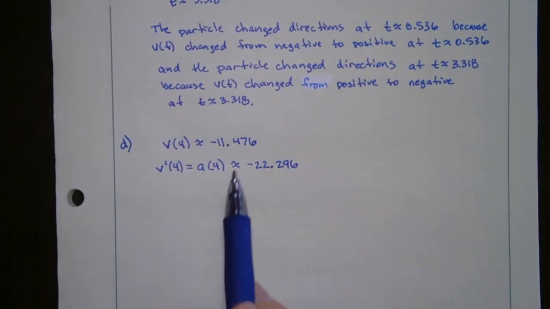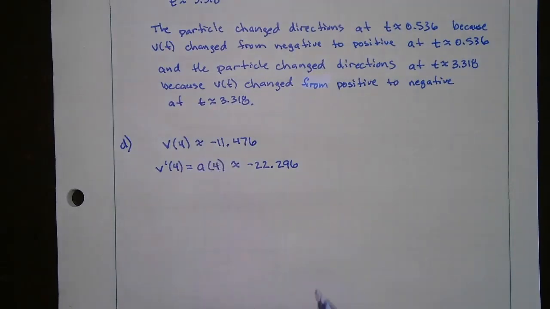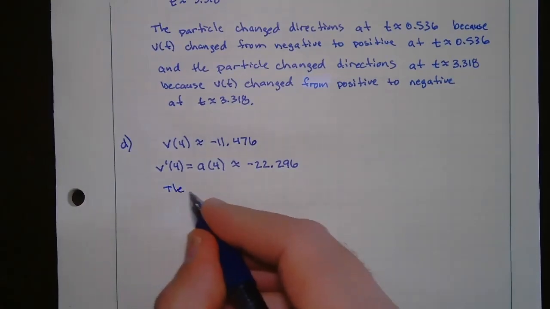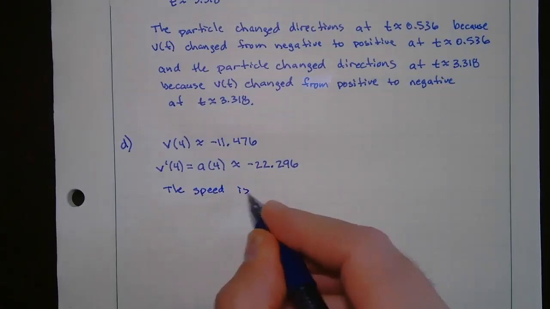Okay, so what do we know? The velocity is negative and the acceleration is also negative. So when they're the same signs, that means it's speeding up, which in this instance would mean the speed is increasing. So we would say the speed is increasing